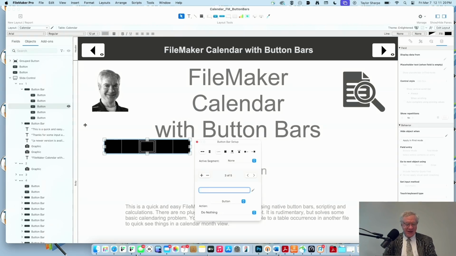We have a bug in objects that freezes up FileMaker when you're doing things in there. Hopefully they're going to fix it soon, but I've had to do more force quits because of working with the objects.